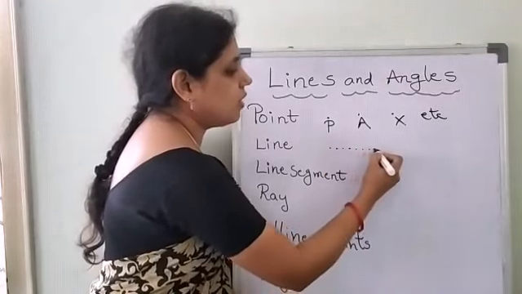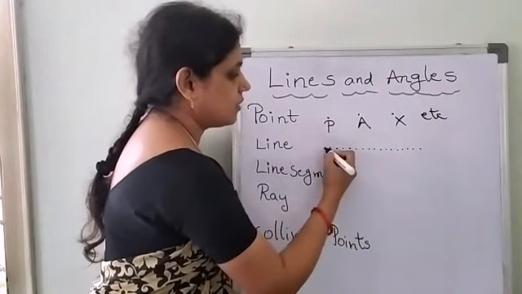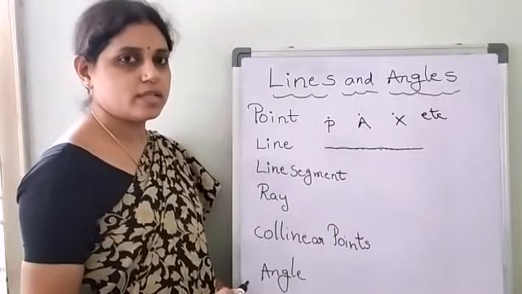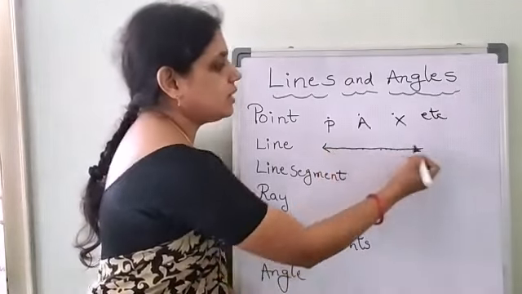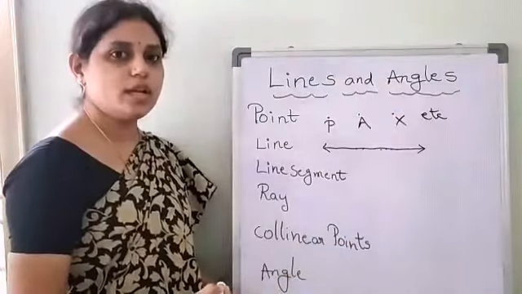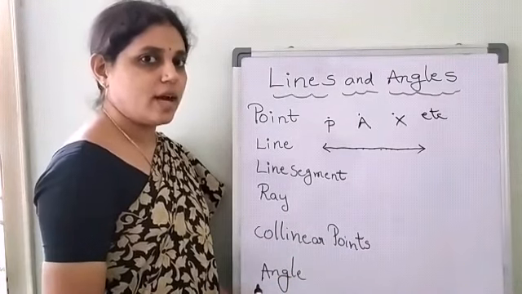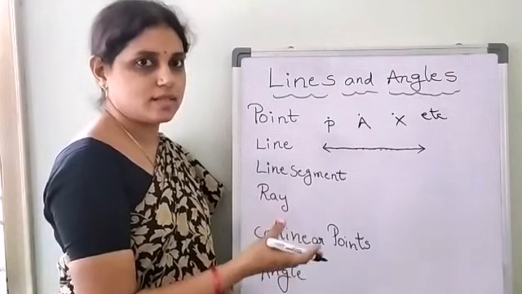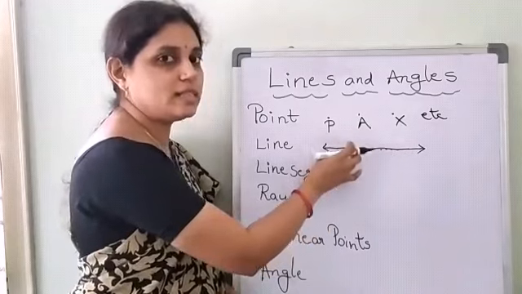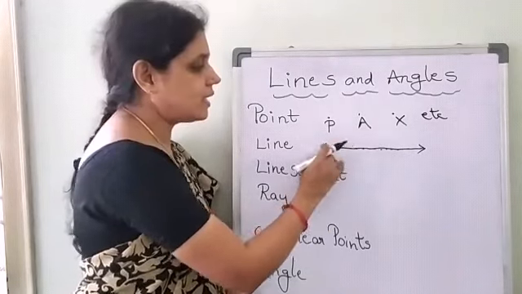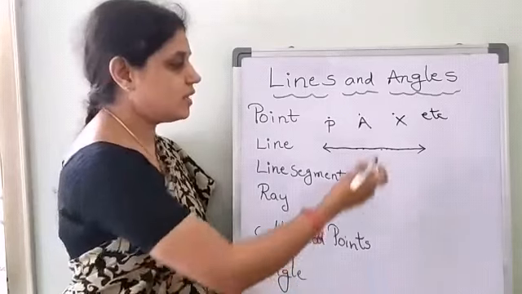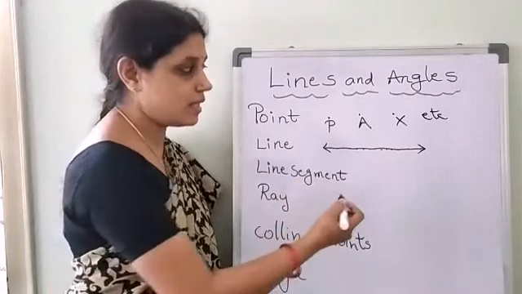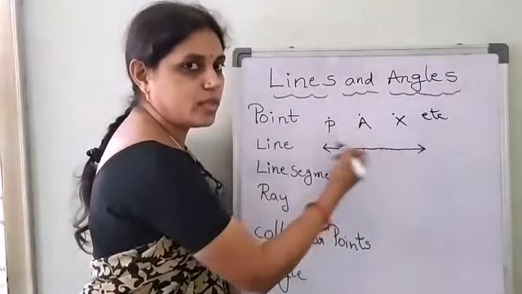Next, coming to line. If these all points I join like this, that means what? A set of points joined together and which can be extended indefinitely in both the directions is called a line. Otherwise, just breadthless length, we can tell in that way also. It is not having any breadth, only length it has, so only one dimension, and it can be extended in both the directions. That's why we are representing that with both sided arrow marks. Arrow marks represent that it can be extended in both the directions.